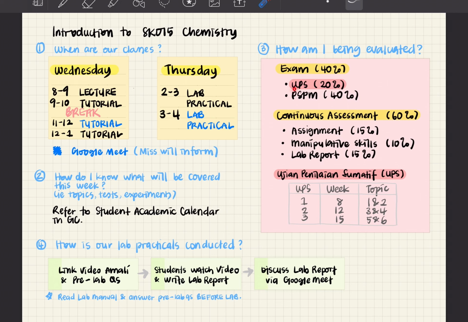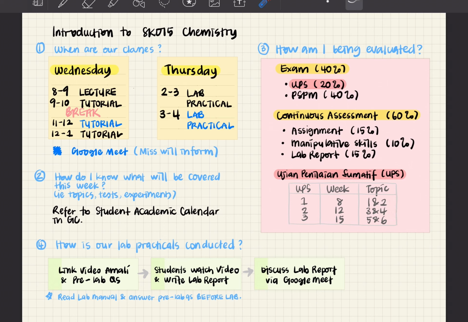Your UPS is actually ujian penilaian summative, so it means it will be cumulative. You have UPS 1, 2, 3. You have 3 tests. It will be carried out on weeks 8, 12 and 15 respectively. Topics 1 and 2 for UPS 1, topics 3 and 4 for UPS 2, topics 5 and 6 for UPS 3.